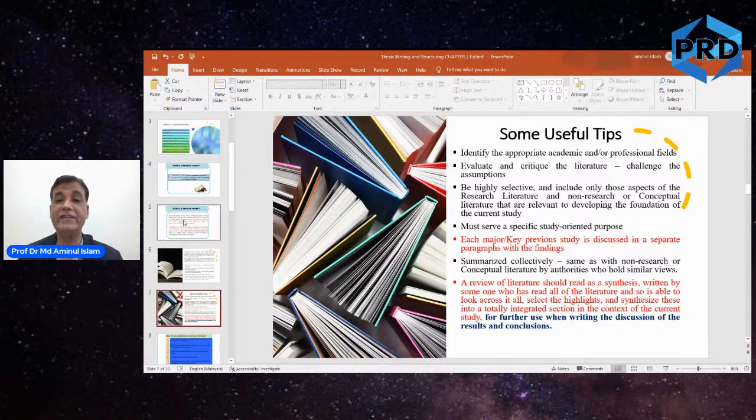Okay. Evaluate and critique literature, challenge the assumptions. This is where most of the students are very weak. All right. What usually we do is we just summarize. We just take things from people and we just summarize and present it in a sequential manner. So we cite somebody for what has been extracted, like David 2010 has conducted research on this area and found out this, followed by William 2014, and then it continues. It's just like you are taking from people and just putting a summary. That is not a literature review.